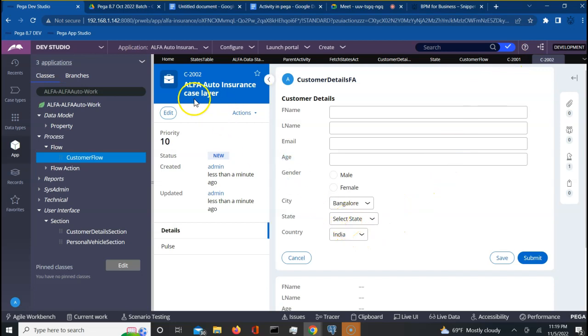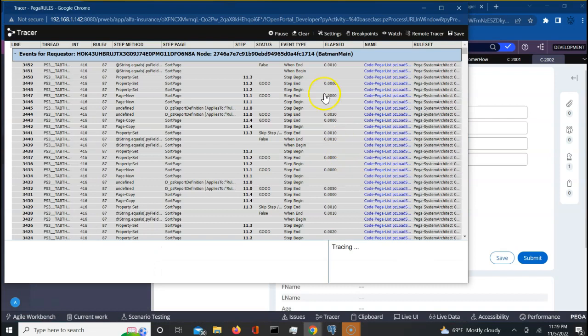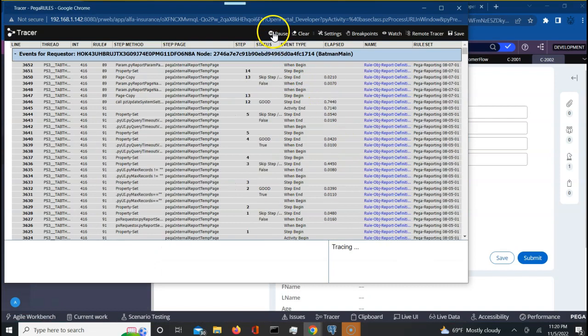See, C2002, another work object was created. And if we go and see the tracer, we probably will see,